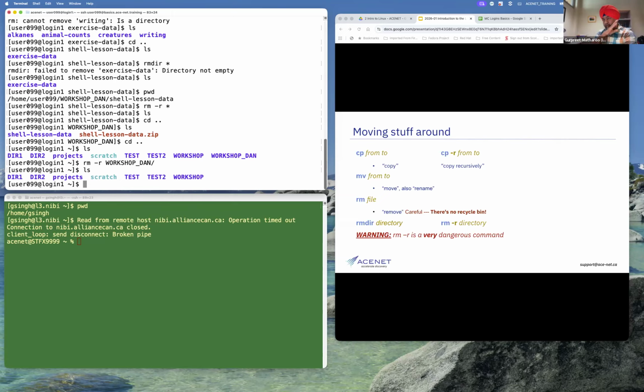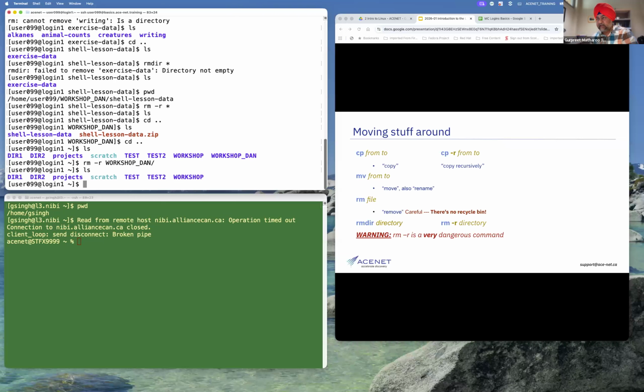So rm, we need to use it, but we really need to be careful how we use it, especially in the case of directories. And never ever use rm minus r carelessly. Sometimes you have to use this command rm space minus rf. So you are doing a forceful removal. Sometimes there are hidden files, also called system files, that the system will not allow you to delete. But if you are sure, no, I really want to get rid of that file, then you can use rm space minus rf. That will be a forceful removal. It will do it. It will remove everything. So be very careful over there.